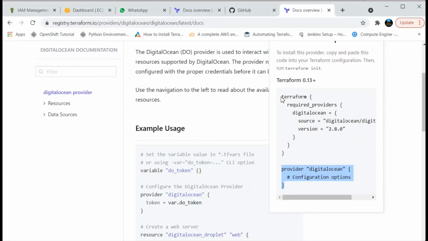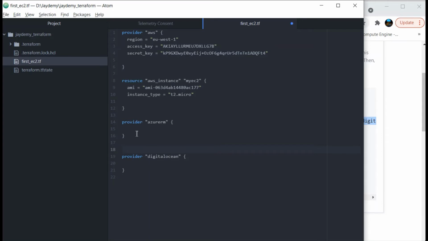Let us take this terraform configuration block into our template. We are mentioning DigitalOcean under required providers. Who is the provider? DigitalOcean. Under source, what is the source? digitalocean/digitalocean. So we are specifying the source from DigitalOcean, not from HashiCorp.